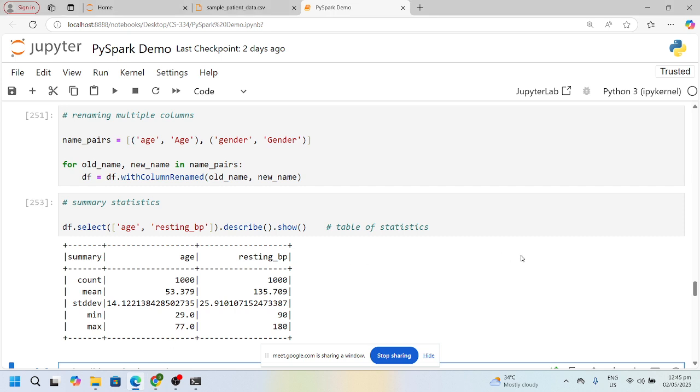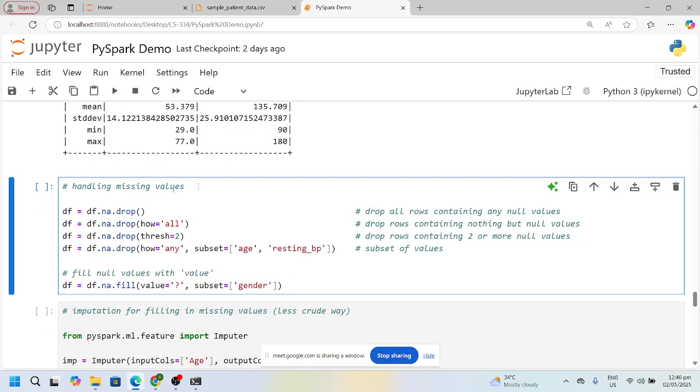So either you can drop the missing values altogether, or you can impute them. You can replace them with something. In this, you have forward fill, backward fill. You can impute it with the mean, median, or the mode. You can even impute it with the max or the min. So anyway, let's look at different commands that you can use over here. So first, you have